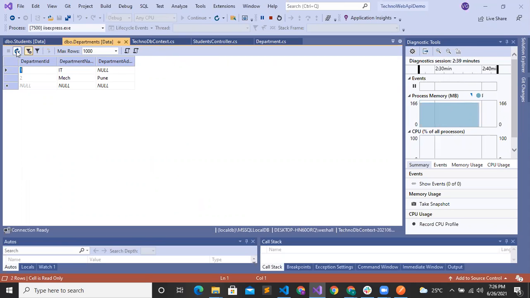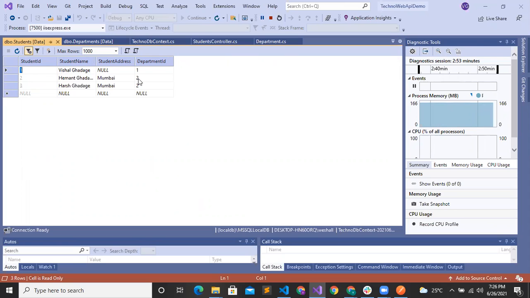Now you can see we have created a department mechanical, and the department address is Pune, and here you can see Harsh Garge and Hemant Garge. These both students are from Mumbai and refer to the mechanical department. So we have successfully created our one-to-many relationship, and we have generated the database successfully.